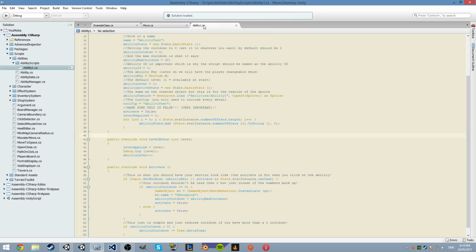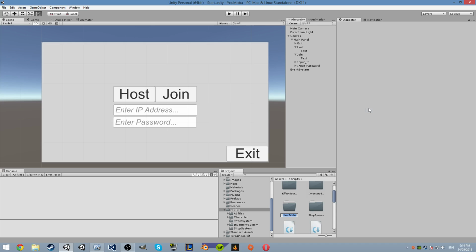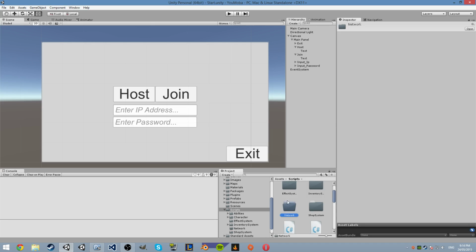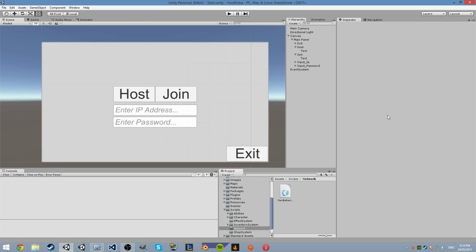So, we're going to have a quick class. This can be under networks. We're going to have a new folder called network under scripts, and under this we're going to have a new C# script called